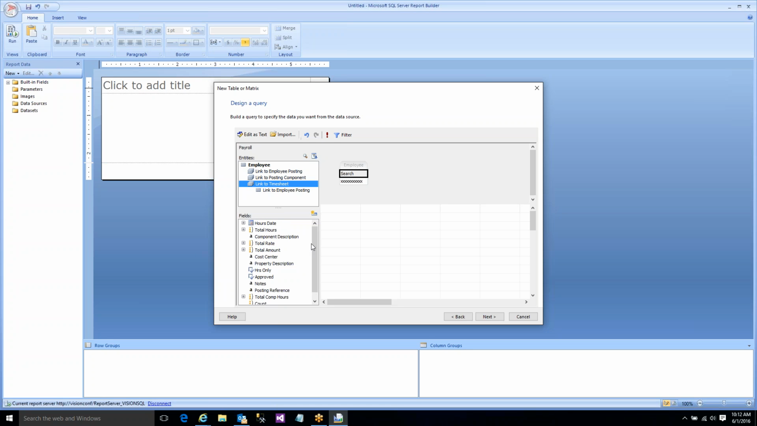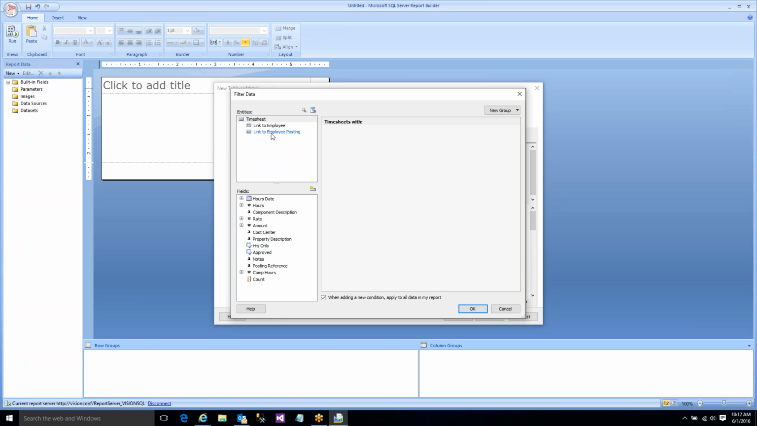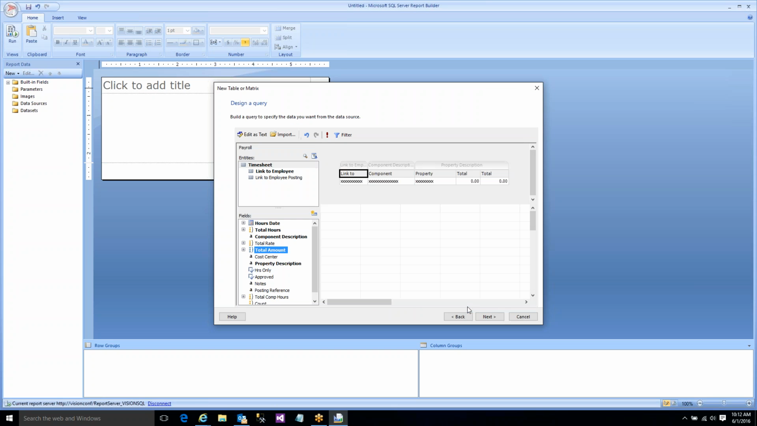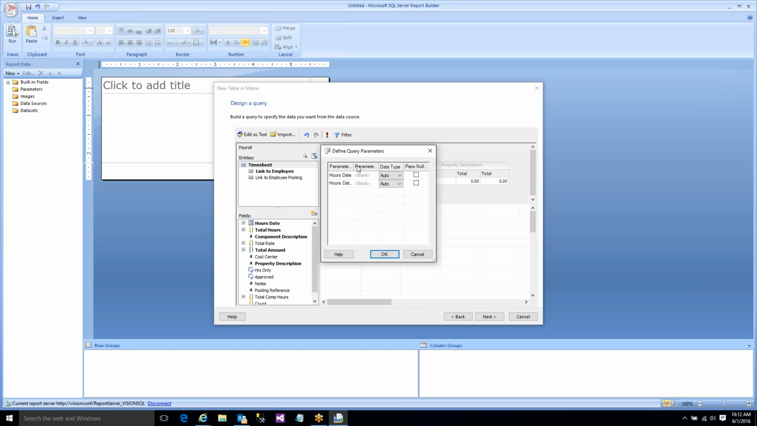Timesheets, I'm going to jump to the timesheets. In this case, I want to see the component, the property, the hours, and the amount. Again, if we ran this, it would be for all time. So let's put a filter on this, and let's go for the hours, date, timesheet date. We'll do a couple for this one. Go to prompt like we did before. On or after, on or before. And if we run this,